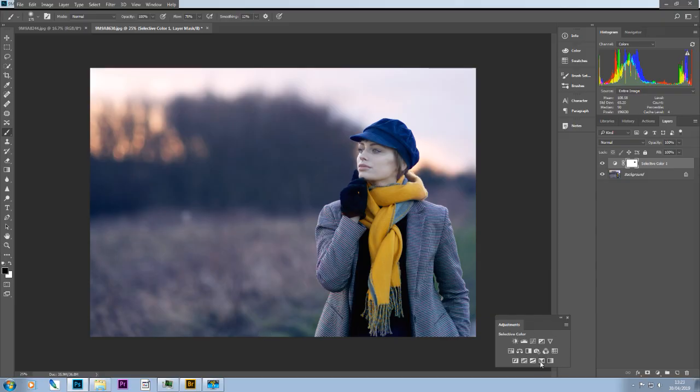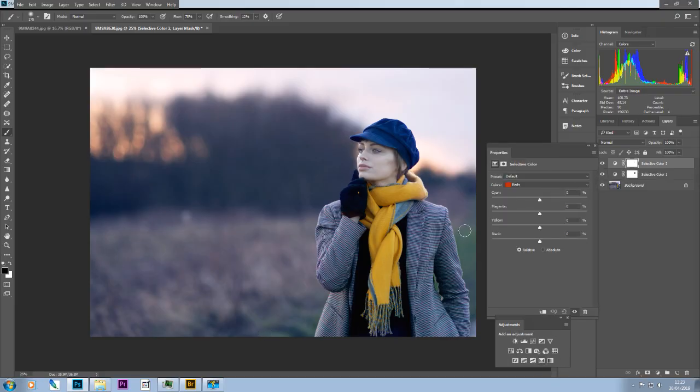And perhaps if we were doing that, we might create another selective color layer, and we might do some work